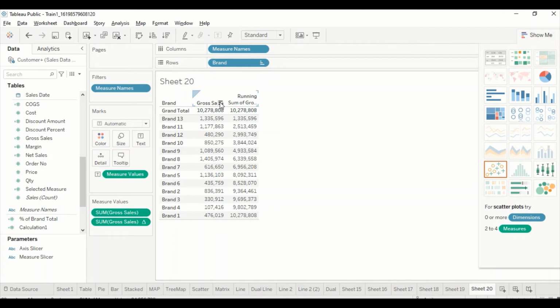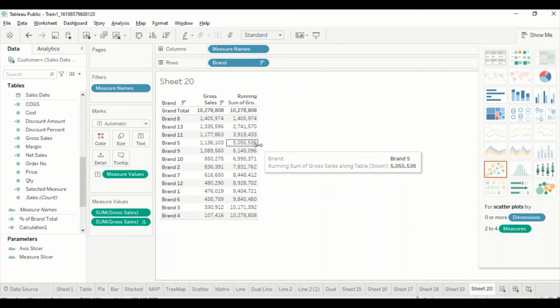Okay, let's say what happens if I try to sort here. This is the biggest one and this one, so automatically the running total is still taken care of in this last row. So basically the running total in Tableau is a table level operation. It means once the result set is out, the calculation is done on top of it.